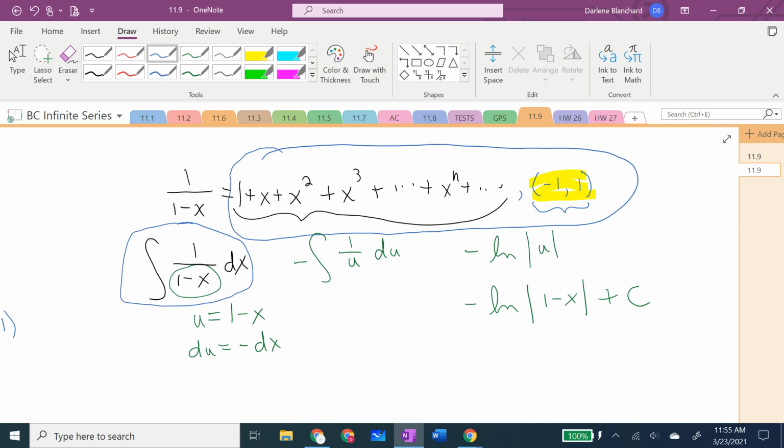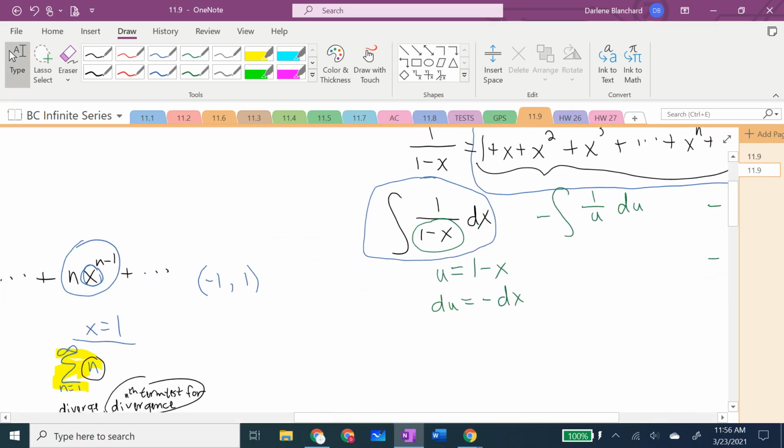And I might have to include -1 or 1, but I want to point out to you that as long as x is between -1 and 1, I don't need an absolute value. And since that's the domain that I'm focused on, I can stop writing that absolute value. Now, with that